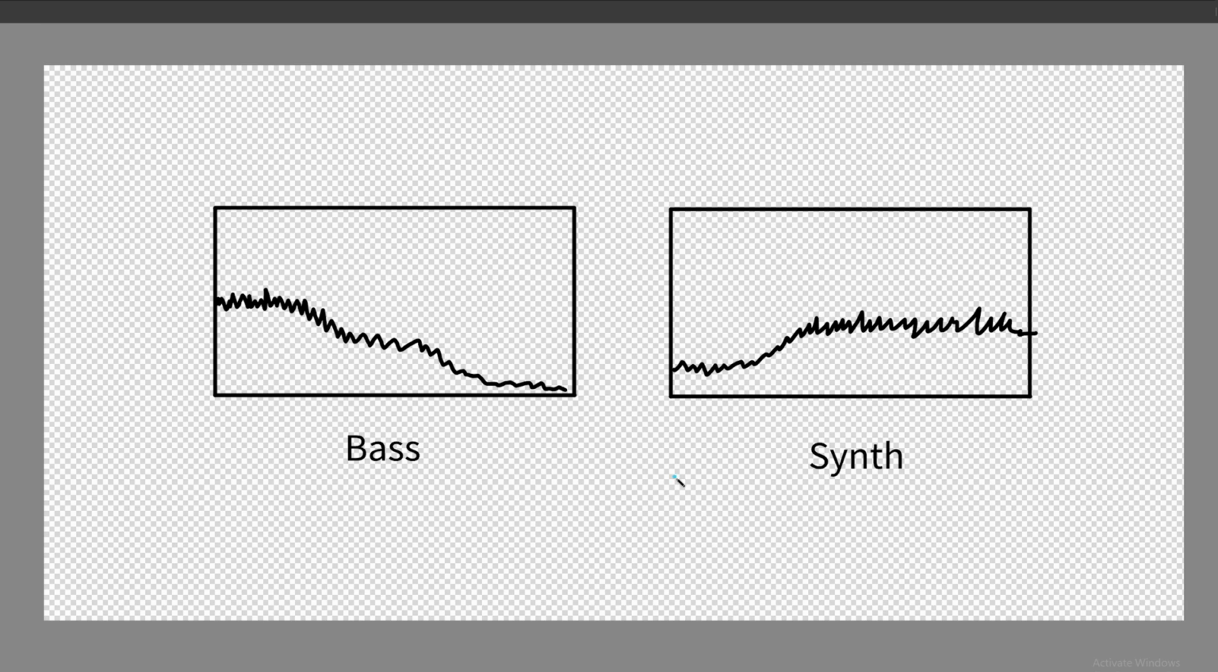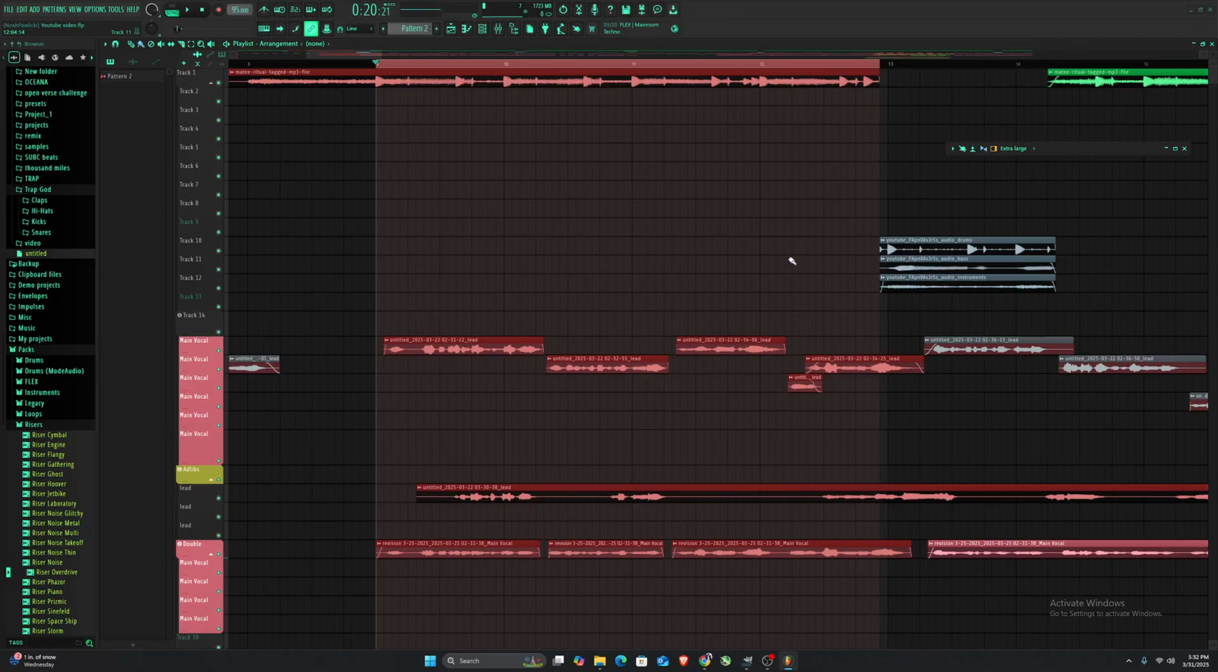Now obviously you can't mix everything visually like this. A lot of this is just done by ear, but there is some stuff when you're mixing that you just need to look at it and say, oh, this synth has bass, we need to get rid of it so the bass can breathe. All right, so now that we understand that, let's take a look at a real world